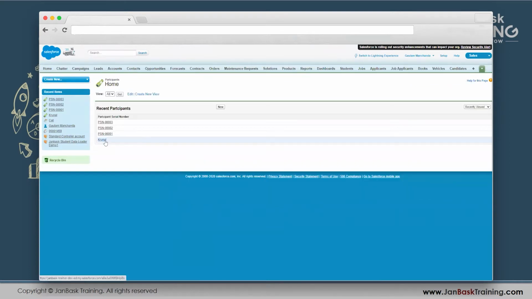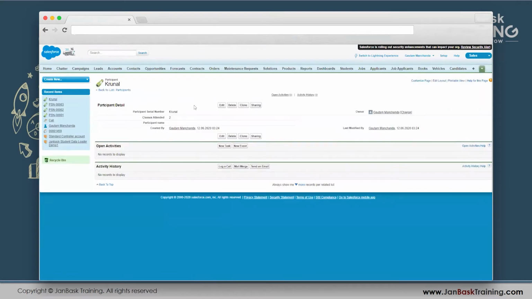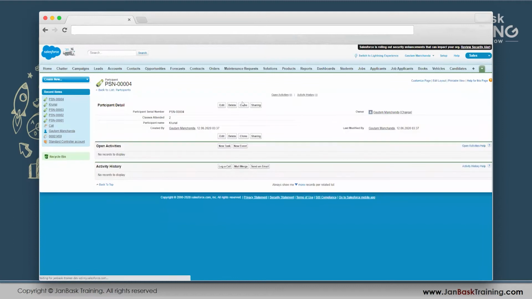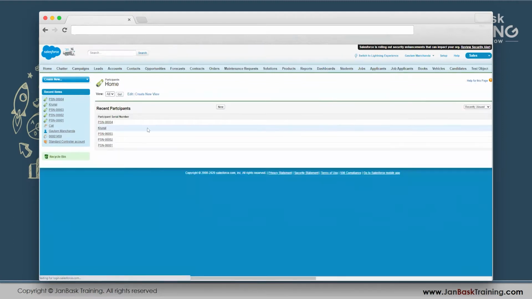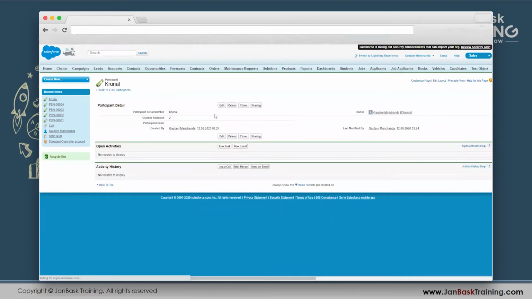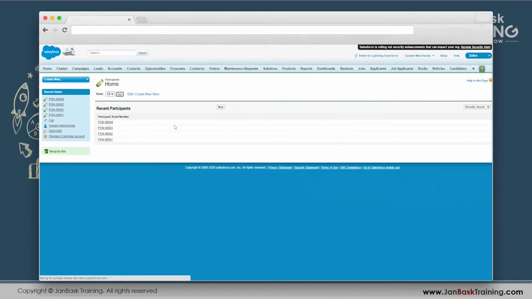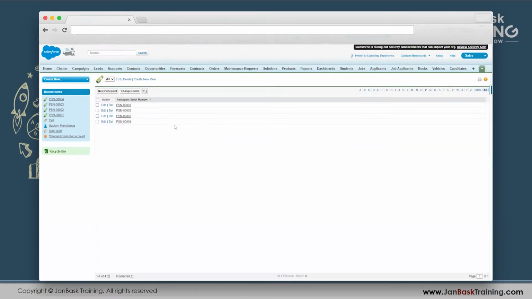So similarly for Kronal, I come over here to his record. I just simply click on clone, I put his name over here, save, and the old one is redundant now. The old record is creating nothing but a mere redundancy in the system. So I click on delete, I delete it. So now I have everything symmetric and I have everything aligned. But this works when data is less.